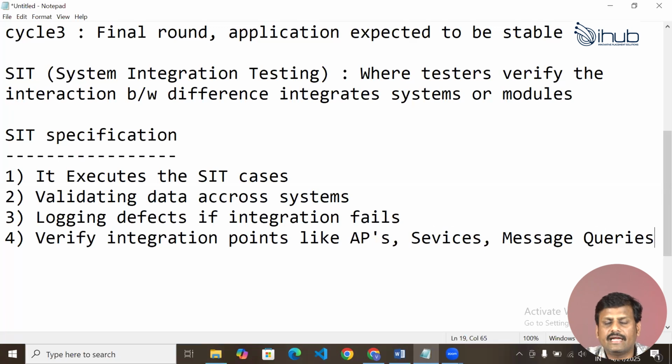If data among modules is not flowing properly, we must definitely raise the defects.